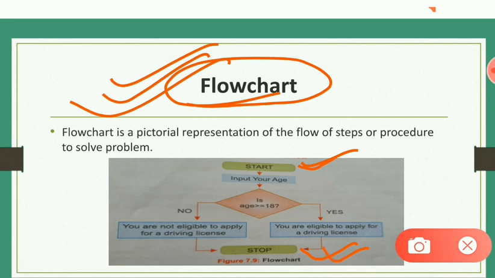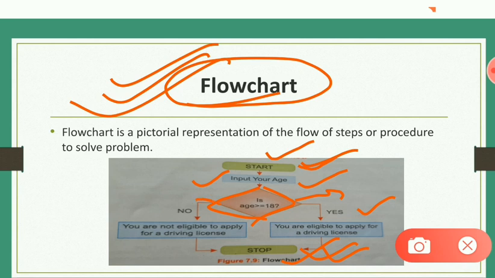For that we need to use this start and stop. After that, this was the first step that you have written in the algorithm. Here firstly the person has to check their age, then you put this diamond box for checking the condition. If his or her age is greater than 18, then they are eligible for the license.